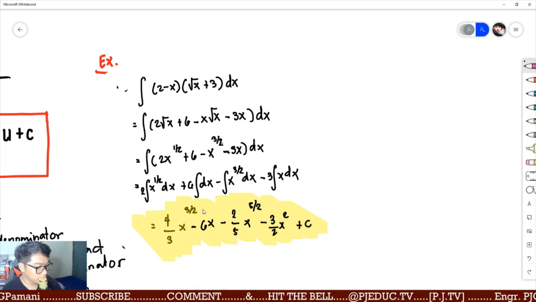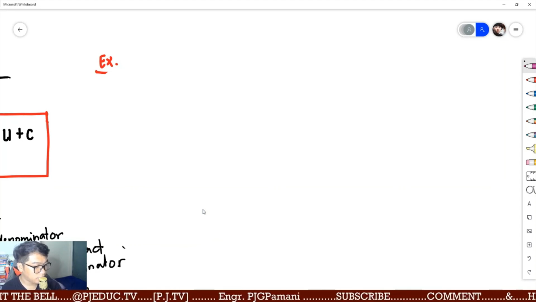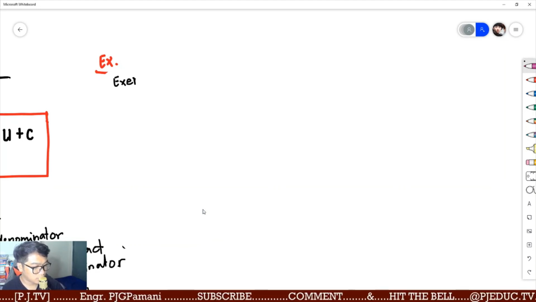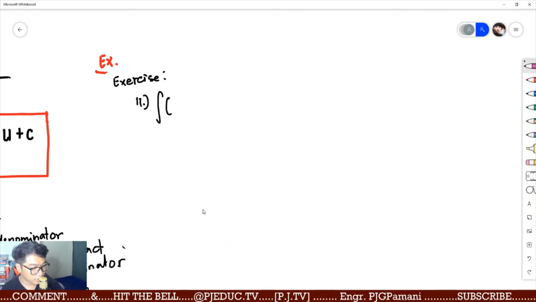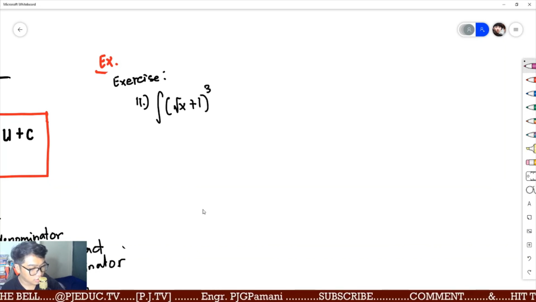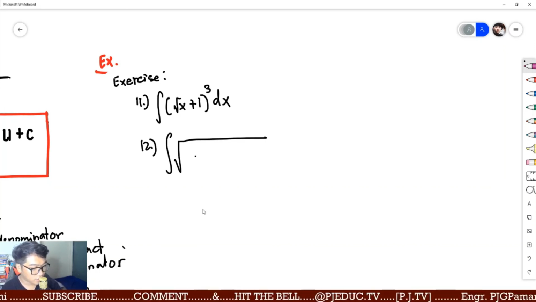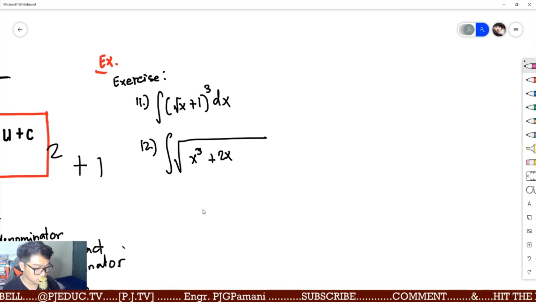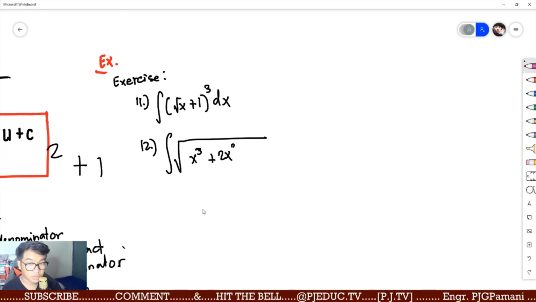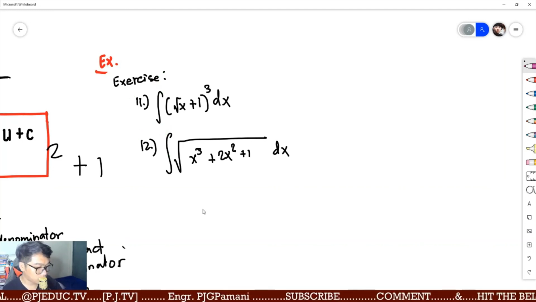Ay, wala? Okay. Problem 11. For your exercise, kayo nang bahala kung gusto nyo pag-practicean to na problem or hindi. For your exercise problem, this is problem 11. Integrate square root of x plus 1, then 3 dx. 12. Integrate square root of x cubed plus 2x squared plus 1, then dx. 2x squared